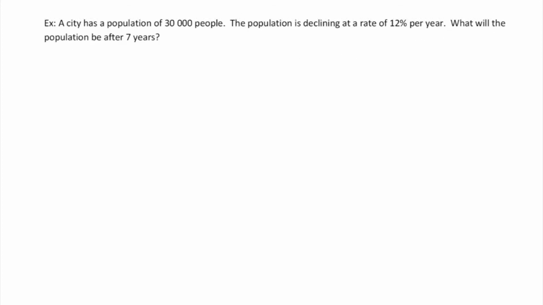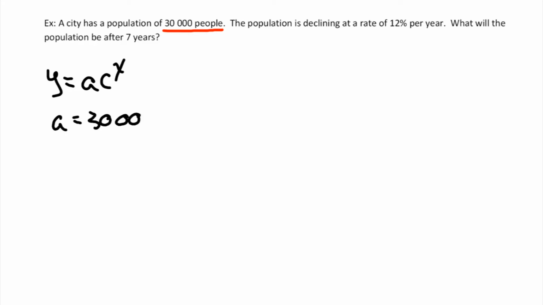Let's look at another example. As always, I'm going to start off by writing out my equation. Y equals a times c to the exponent x. Now I'll read through the problem. A city has a population of 30,000 people. It could tip off that that's likely the initial value, so I'm going to say that a is equal to